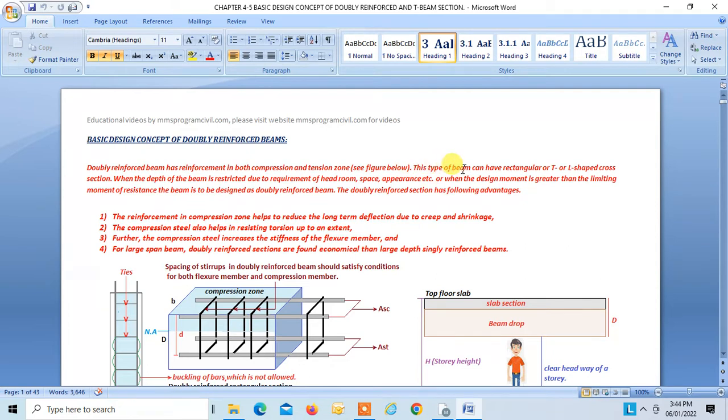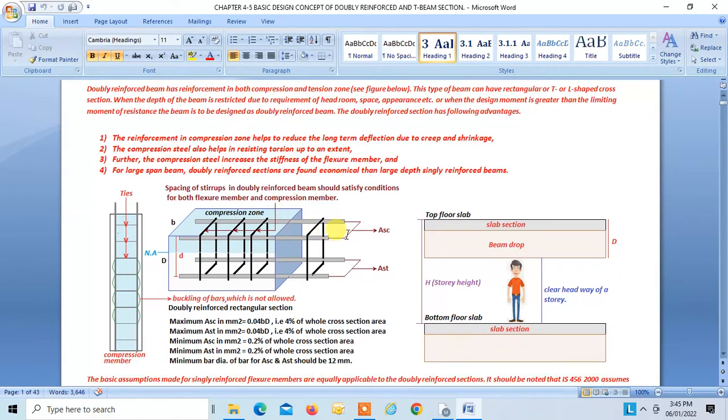This type of beams can have rectangular or T or L shape cross section. When the depth of the beam is restricted due to requirement of headroom, space, appearance, etc., or when the design moment is greater than the limiting moment of resistance, the beam has to be designed as doubly reinforced section. Okay,